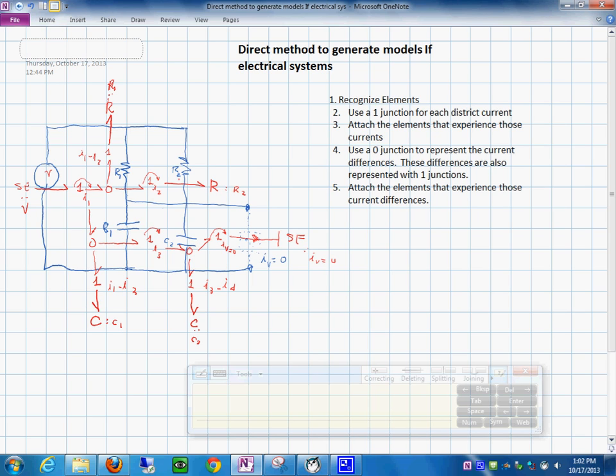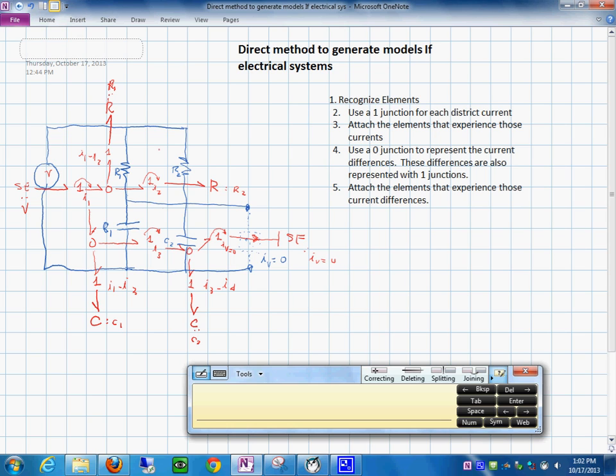We could simplify this a little bit if we want to, but we don't need to really. I mean, when you put this model into CAMG, it would actually generate a computer simulation without any problem. So I think we have attached the elements that see those differences, and then you could write in number 6, we could say